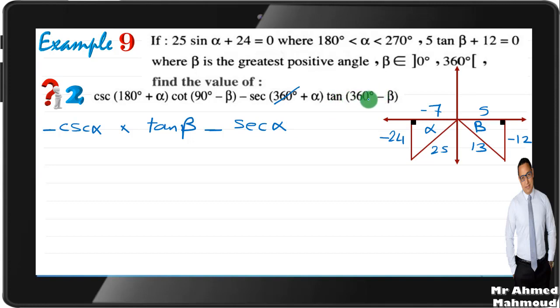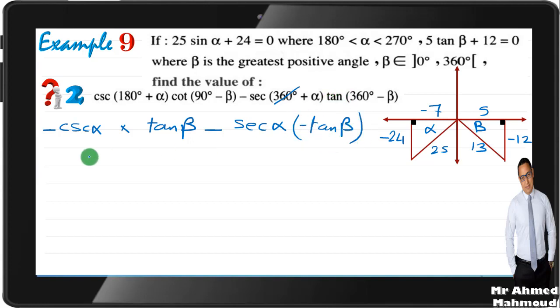Then tan of 360 minus beta. 360 doesn't change the function, so it will be tan beta. 360 minus beta is in the fourth quadrant, and the tan in the fourth quadrant is negative, so it will